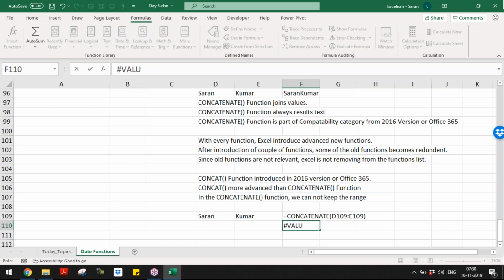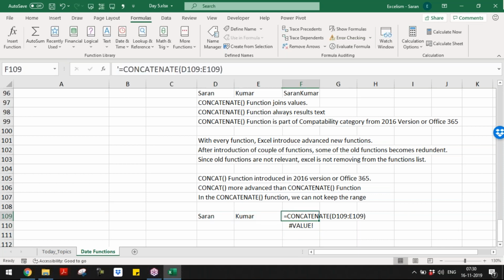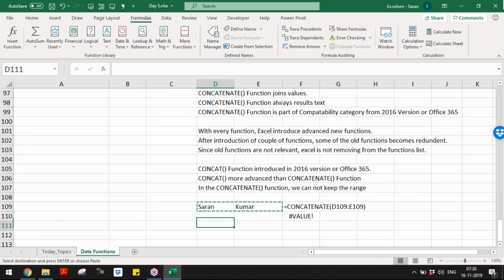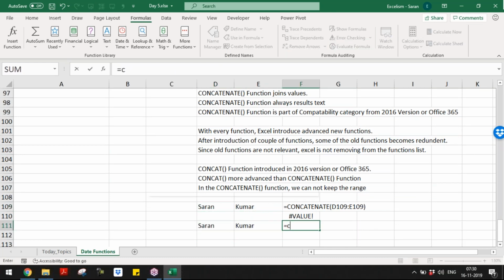I'll explain why mine is different. If anyone wants to try, you can write a CONCATENATE function like this and you will get a value error. Why? It will not consider the range. But the same thing in the CONCAT function, my answer is Saran Kumar. Check it out. Now let me put a space. See, it's Saran Kumar.